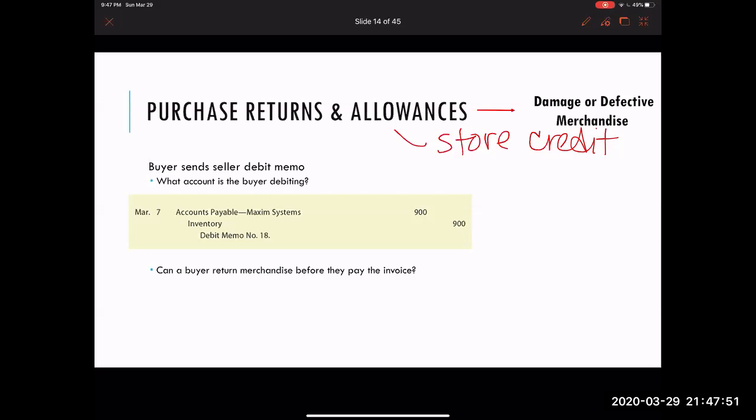And so my next question asks, can a buyer return merchandise before paying for the invoice? Hopefully your answer to that question is yes, absolutely. We're not required to hang on to that inventory at all, right? We all have reasons why we would want to